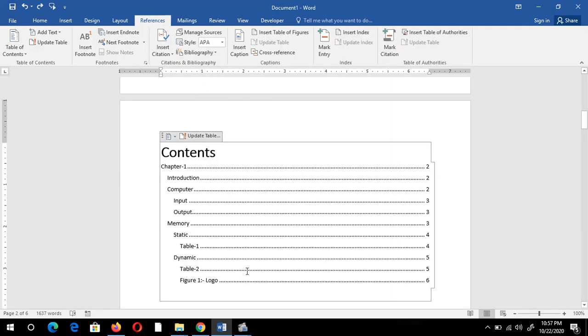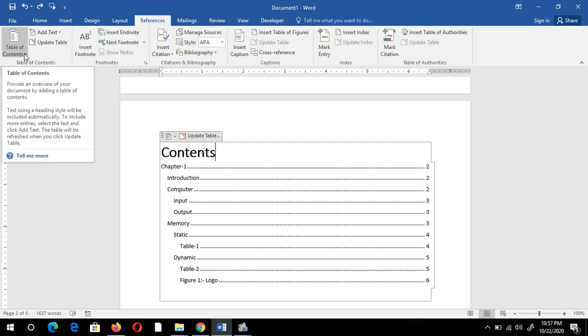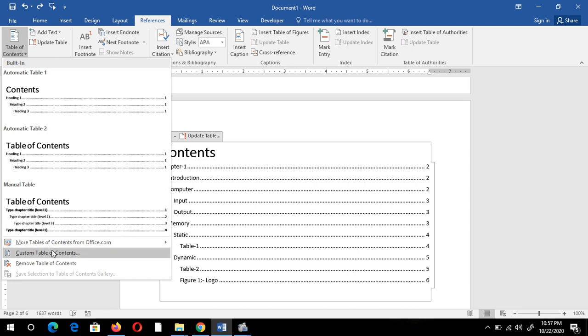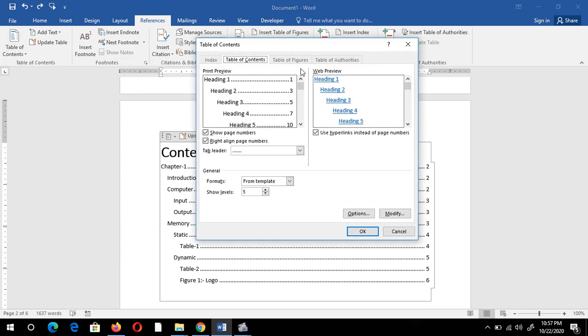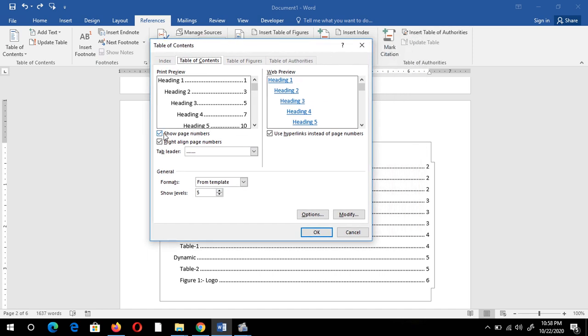Suppose I want to customize my table of contents. So I first need to select the References tab. Under the References tab, I click on this drop-down option and select custom table of contents. It will ask whether you want to show page numbers or not.